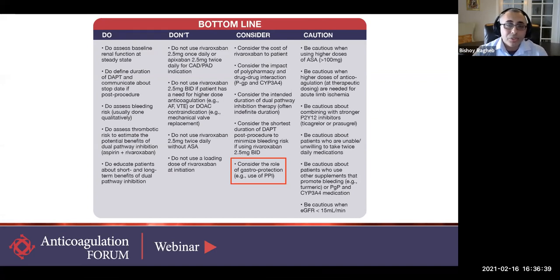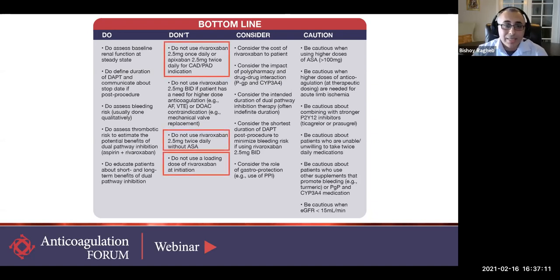Ultimately, while the study didn't show benefit in routine use of PPI in patients who were deemed to be at low risk of GI bleeding, there did appear to be some benefit in patients who had previous peptic ulcer disease, and they apparently showed greater benefit from using a PPI. While again, the study wasn't necessarily powered to be conclusive about it, it was more hypothesis generating. Overall, it would be very reasonable and probably should strongly consider using a PPI in this patient due to their history of peptic ulcer disease in the past.